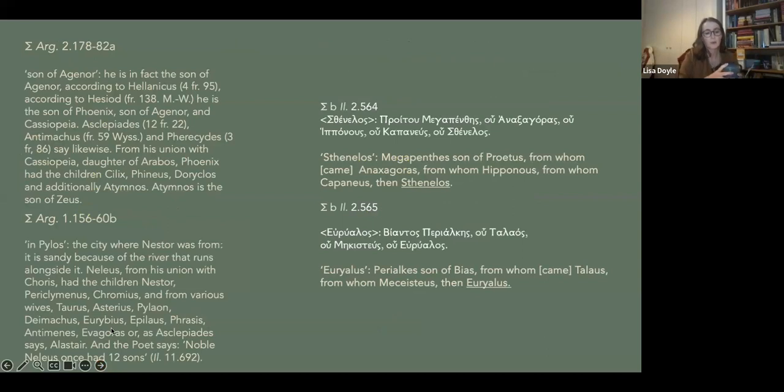Okay, so next up, we've moved from thinking about landscape and rivers and mountains. Now I'm going to start thinking about people and genealogies, because just as Apollonius's poem and other poetry is filled to the brim with, in this case, the travels of the Argonauts, you also have the Argonauts themselves, all the different mythological figures they're encountering.